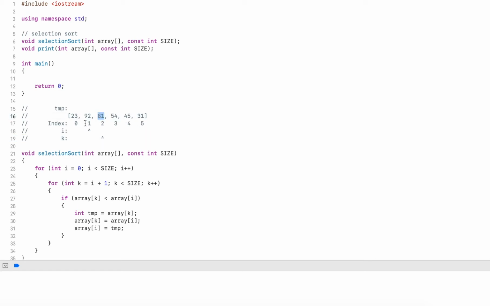Now it compares these two again, right? This one is smaller than this, so it will swap the two. Do this a little bit faster here. Then it increments k. K again is smaller than 81, so it swaps the two. Then goes to 45. 45 is smaller than 54, swaps these two. And 31 is smaller than 45, and it swaps these two as well. And so it reached the end, and then it will go to the next element here, increment i, and now